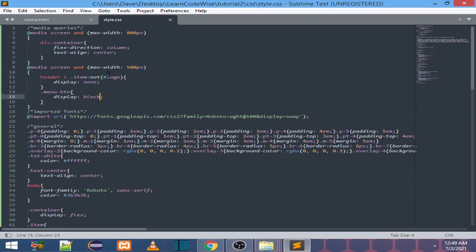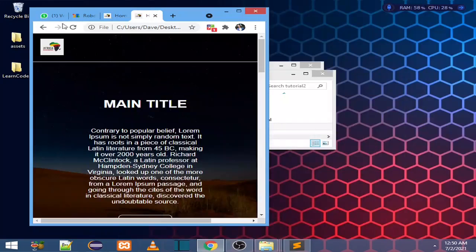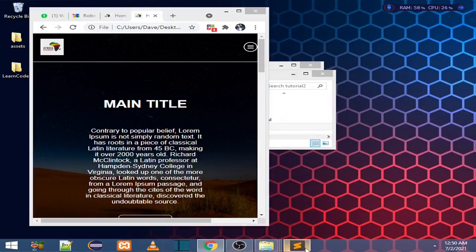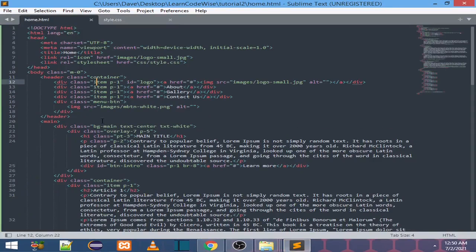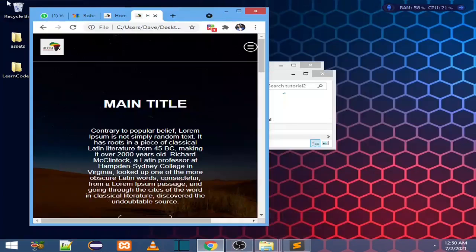Alright, it seems like we have to make it important, so that it overrides the other style. Alright, it looks good. The only thing now is just to make sure that our button has some padding here. Padding of 1, I think. Alright,